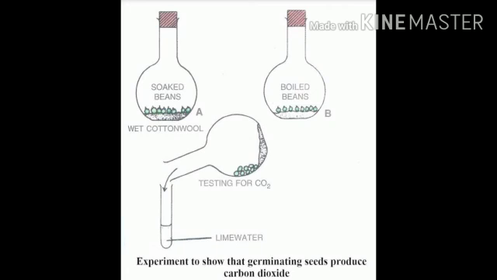Now we need to test the gas. So what do we do? We tilt each flask over a test tube containing lime water and then we try to shake up the test tube. So what we expect is carbon dioxide. Since carbon dioxide is heavier than air, that's going to flow down in the test tube. Now what do we observe? The gas from flask A turns lime water milky. This shows the presence of carbon dioxide, while the gas from flask B does not show any effect.